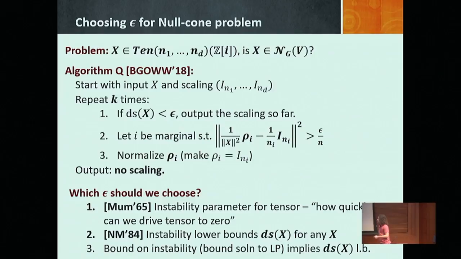Well, we're going to use this instability criterion of Mumford. Remember, Ankit mentioned in his talk that if we can drive an element to 0, we can do so with a one parameter subgroup. Mumford asked and answered how quickly we can drive it to 0. He gave an instability parameter, which measures how quickly I can send a point in the null-cone to 0 using a one parameter subgroup. Then we use the work of Ness and Mumford, who show that this instability parameter actually lower bounds the distance to doubly stochastic,